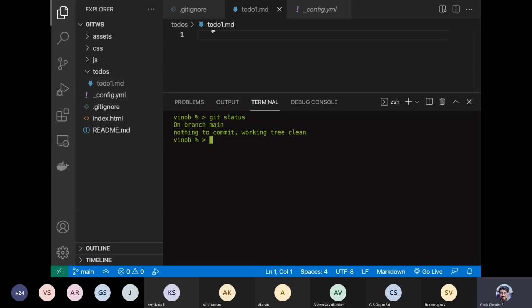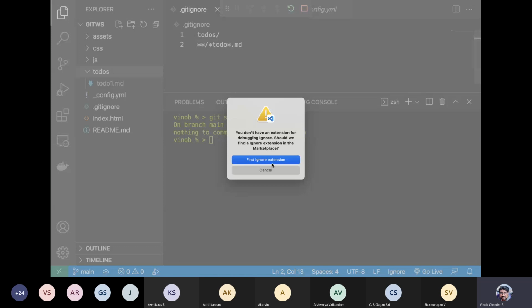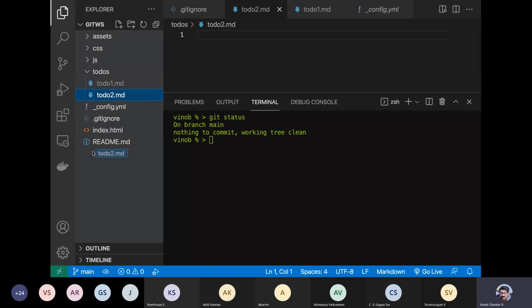All right, now say for example, we have this pattern also. So if I add another file here, let me add to do 2.md, and say if I move this out here.